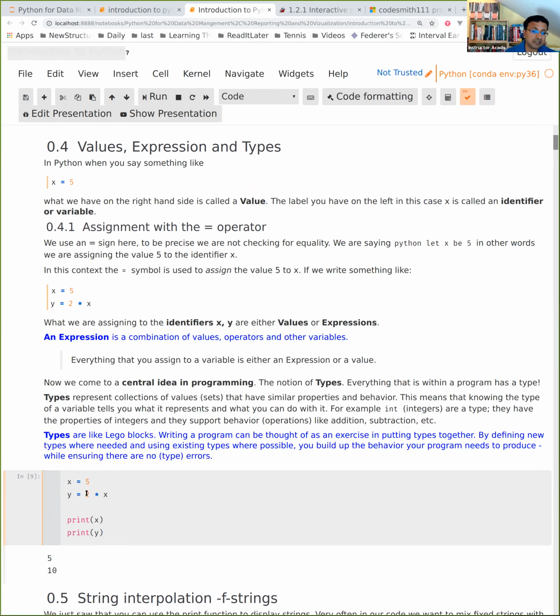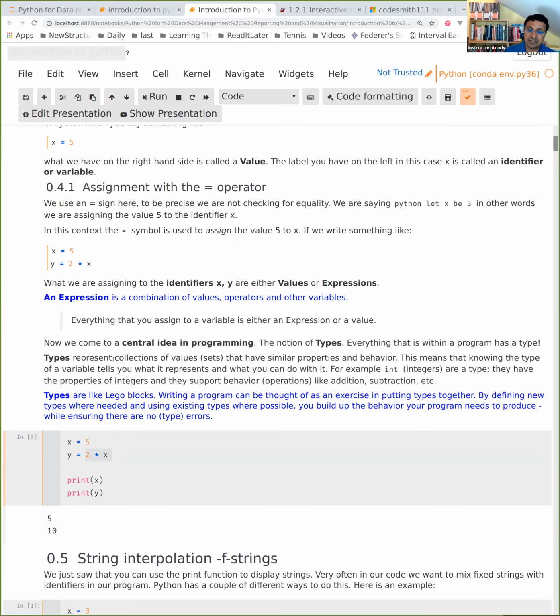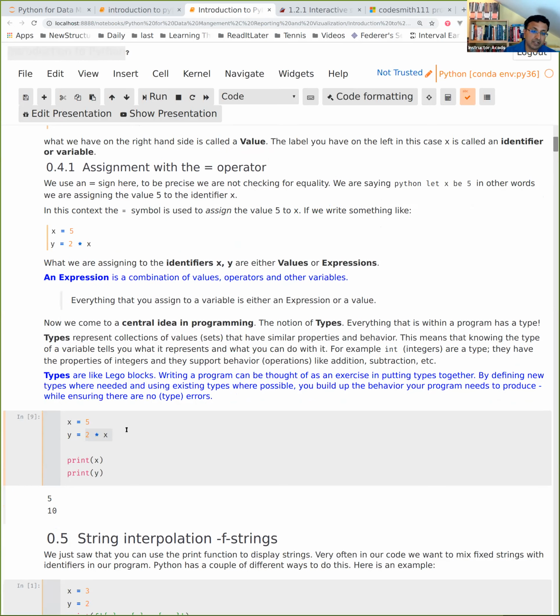And 2 times x, when it's evaluated, is 10, which is also a value. Right? And the thing that consists of values and other identifiers and even some operators is called an expression. Right? So is that just language? Okay, if I say these things so you understand. Okay. So now you can type up something like this, create a couple of